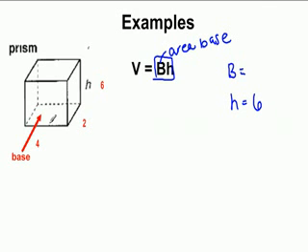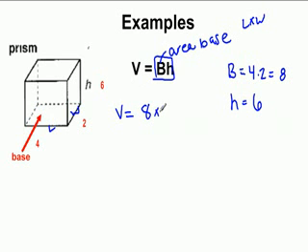So the area of the base would be length times width. So we have length here and width here. So that's 4 times 2, which equals 8. So now we have B equals 8 and H equals 6. So volume equals B, which is 8, times H, which is 6. 8 times 6